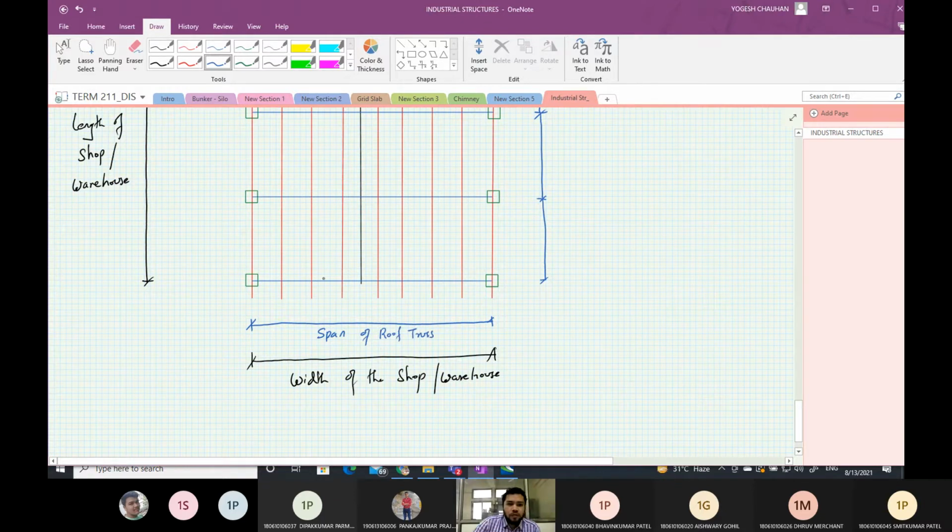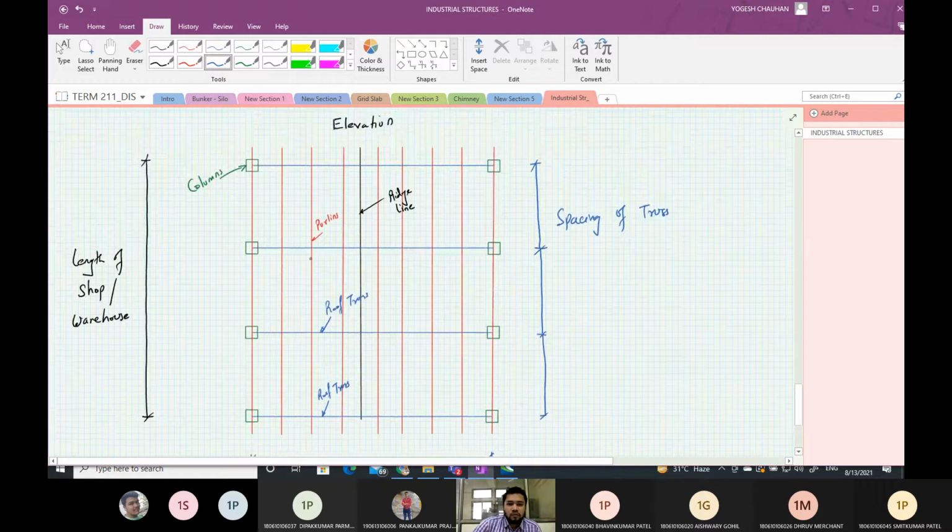We have a roof truss here, here, over here, and here also. So this is the spacing of the roof truss.